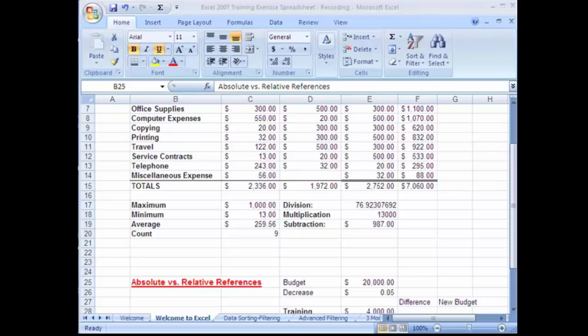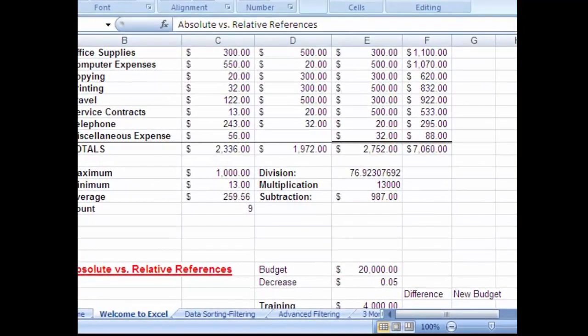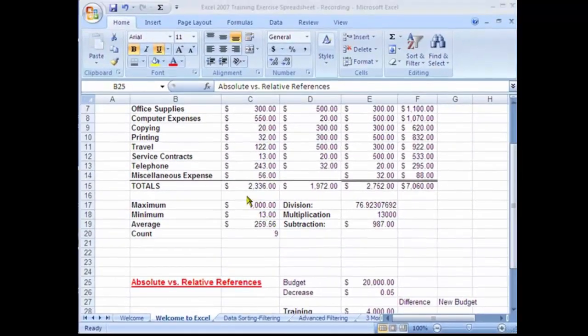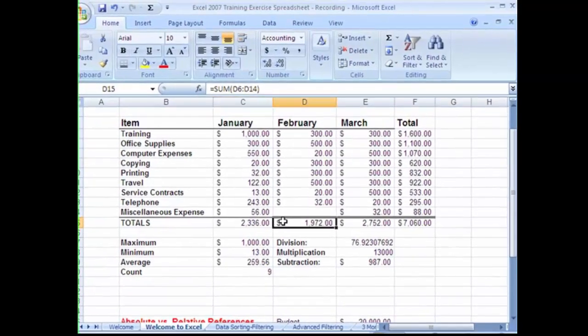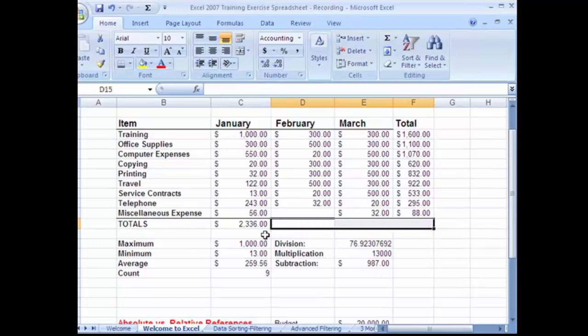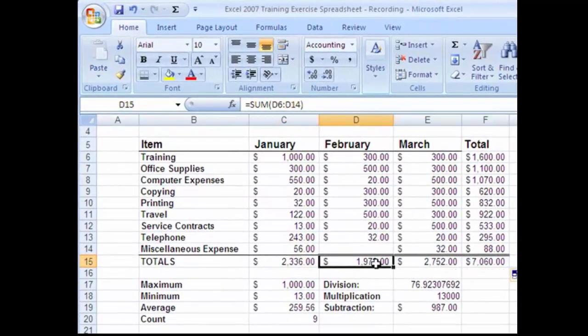At this time, we're going to discuss a concept in regard to absolute versus relative references. If you remember, when we created the formula for the total for January, we simply dragged it to the right, to these sections here. We did that by holding the mouse down and dragging it to the far right. Notice the formula was adjusted accordingly because it was in a sequence. We initially had C6 to C14, then the system detected automatically that you are putting this formula in the next column over, which would be D6 to D14, and then E6 to E14,